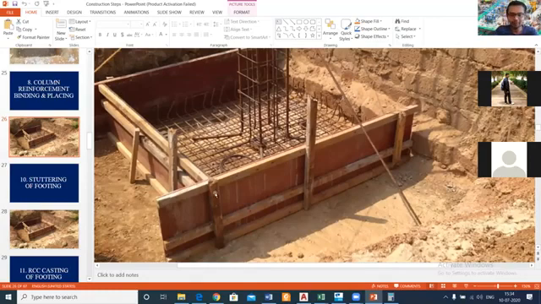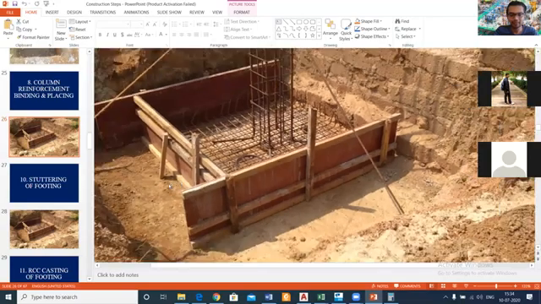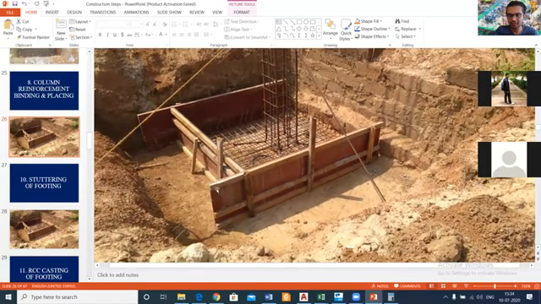Now if we have this footing size of 1050 into 1050, two of the shuttering pieces have the same length as the footing, but along two sides we have to go for a larger length. This is almost 3 inches, or 75 mm, more than the size of the footing along both sides. This is provided so that this particular footing can fit in. Otherwise, you cannot fit it. Some portion is extra so that it can be fitted.